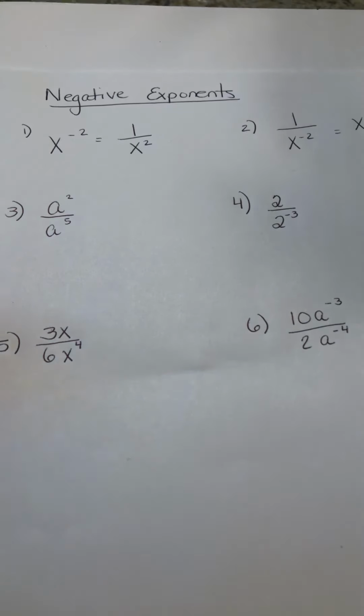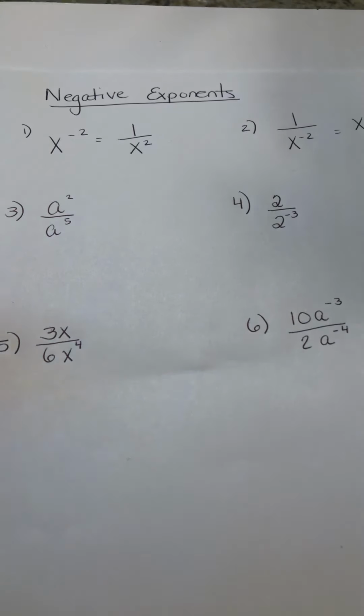So if we take a look at number 4 here, we have 2 divided by 2 to the negative third power. So the first way I can do this problem is first thinking about that 2 as being 2 to the first. I'm going to keep the base, and when I divide like bases, I subtract the exponent. So 1 minus a negative 3 becomes 2 to the 1 plus 3, or 2 to the 4th power,